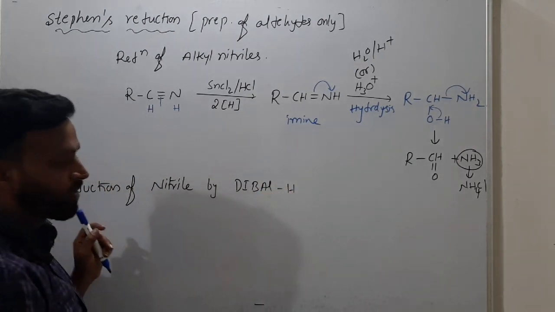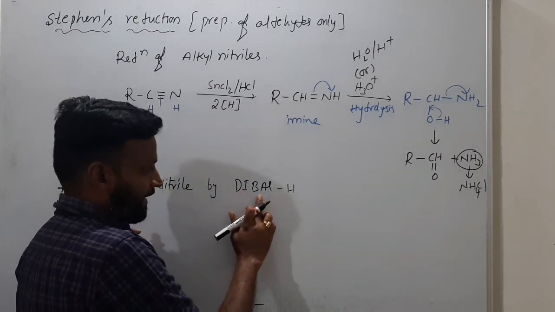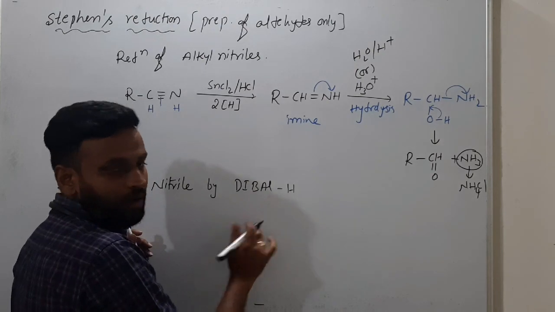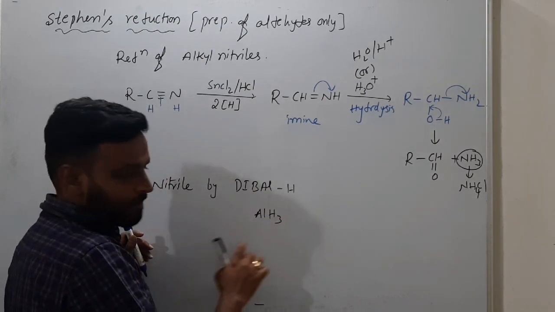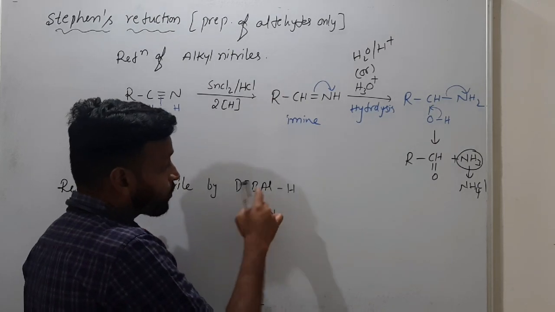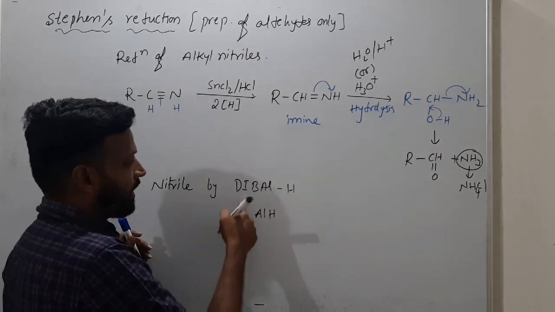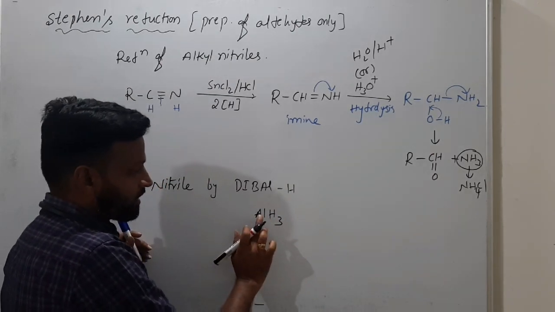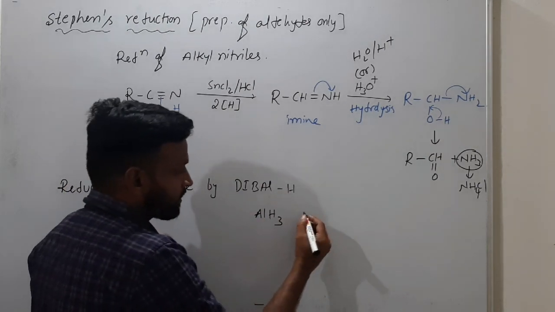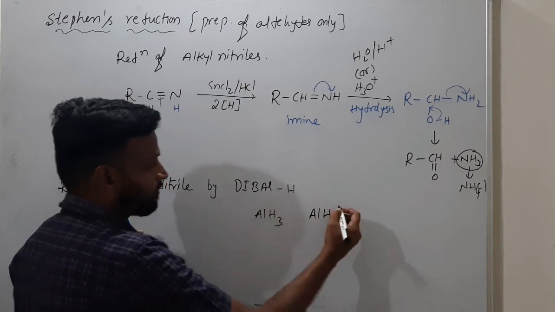Aluminium hydride means actually AlH3, right? So here diisobutyl aluminium hydride means one hydrogen will be there, and instead of AlH3, this is aluminium hydride. So here AlH and two hydrogens replaced by